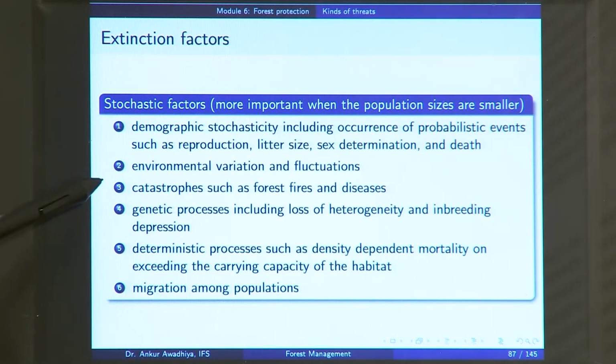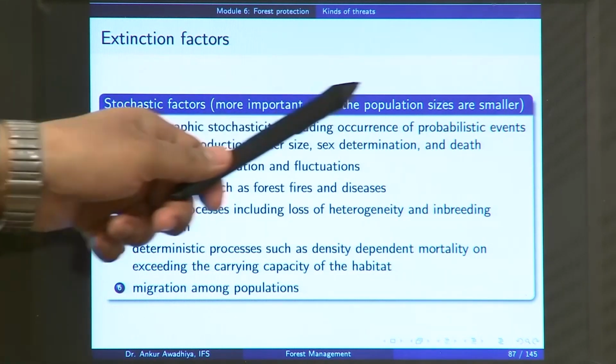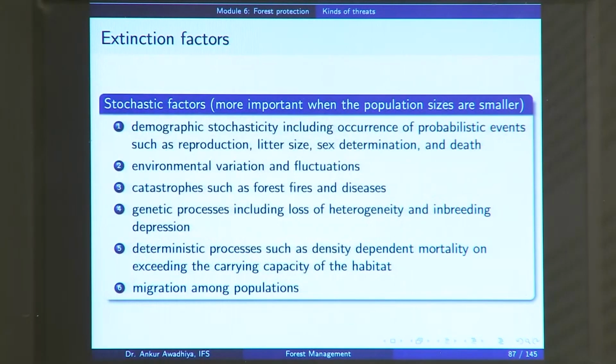You can have catastrophes such as forest fires and diseases, and genetic processes such as loss of heterogeneity and inbreeding depression. In a very small population, you have breeding amongst brothers and sisters, and breeding amongst fathers and daughters. In this case, the recessive disorders in their genome will be able to show themselves. So, these are also stochastic factors which will be important only when the population sizes are very small,